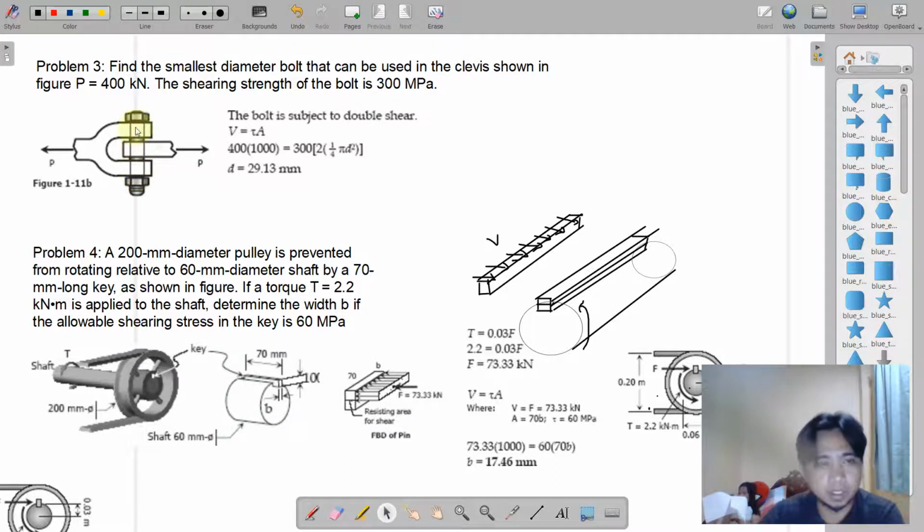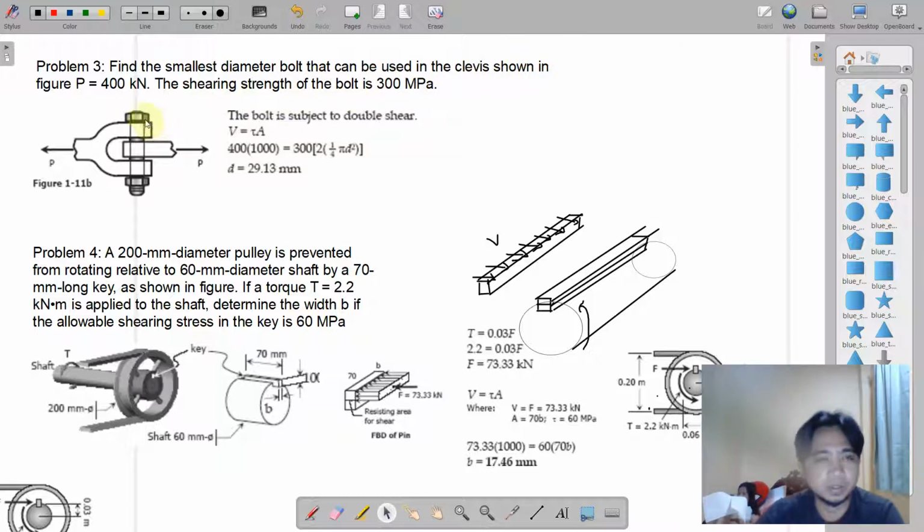This setup could be found in some mechanical parts, like a motorcycle, or in the concept of a machine that is connected by this one bolt and members. So we are going to find the smallest diameter of bolt that can be used in the clevis shown